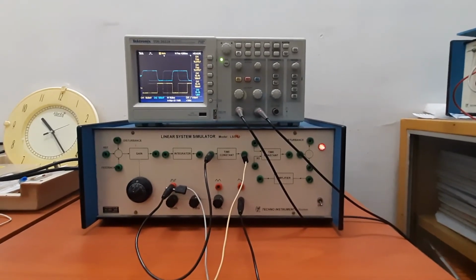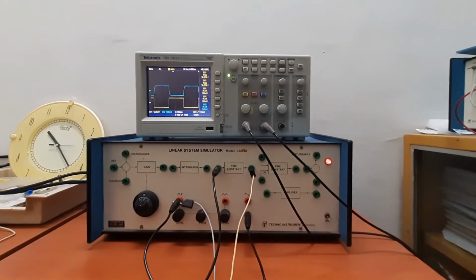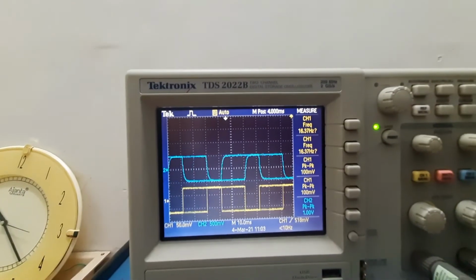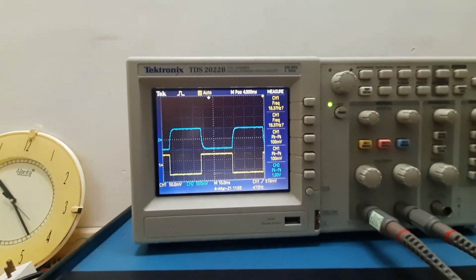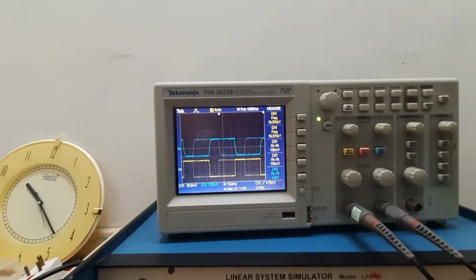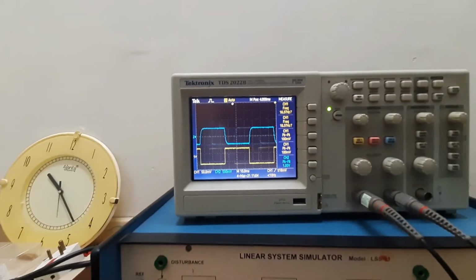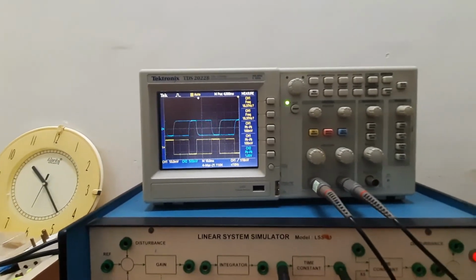And we have to perform the same step with different frequencies. Here initially it was 16.37 hertz and we have to increase the frequency, and note down the readings for 4-5 different frequencies and use those values for the calculations.